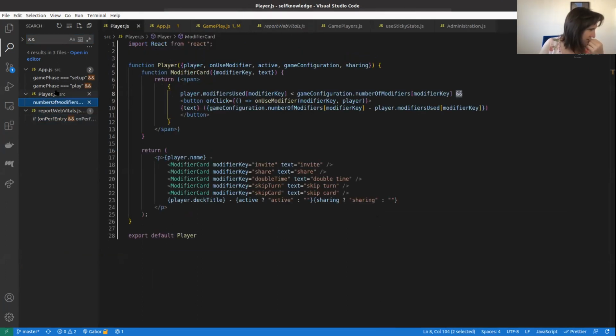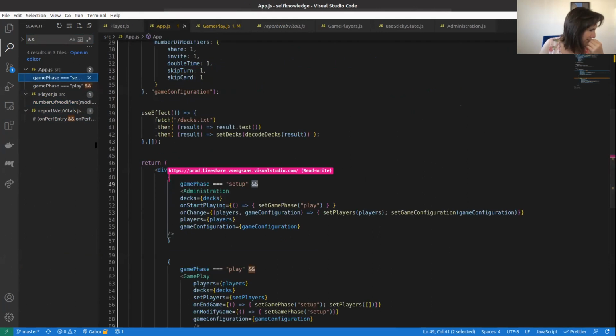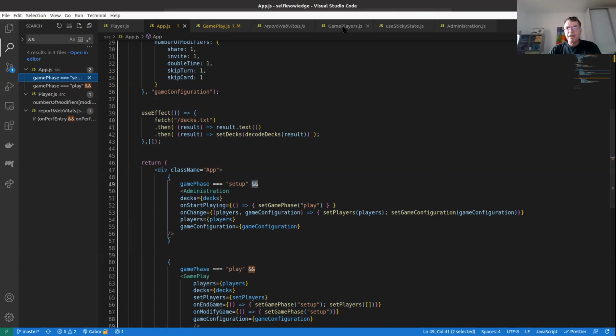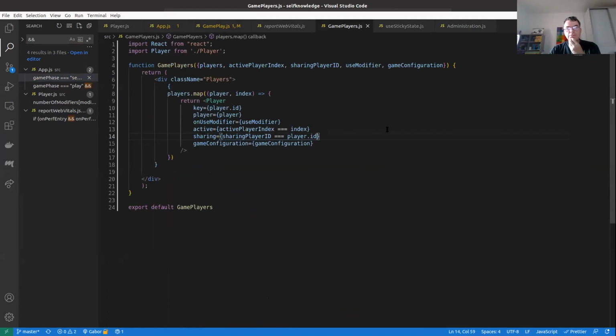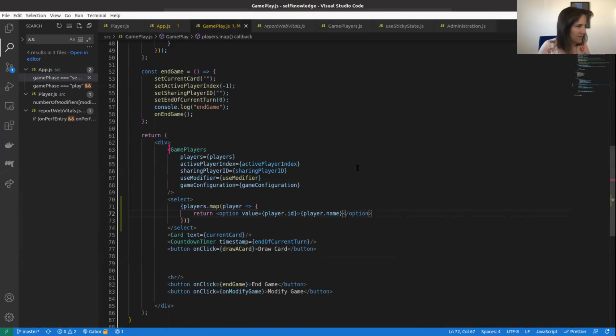So yeah, we just do a curly brace, and then in that we do a conditional. So we could say that we introduce a new state. No, gameplay. We were in the gameplay, sorry. Yeah, so we need a new sticky state, which will be